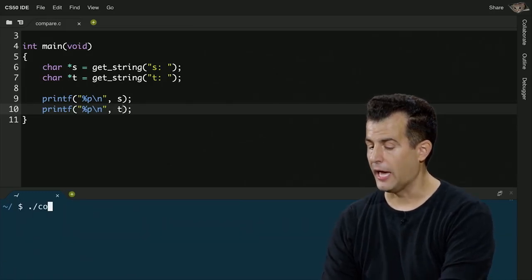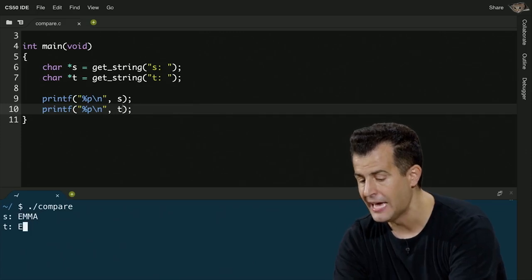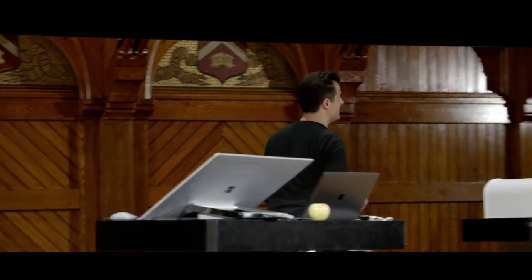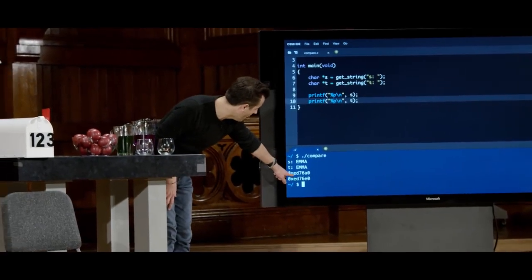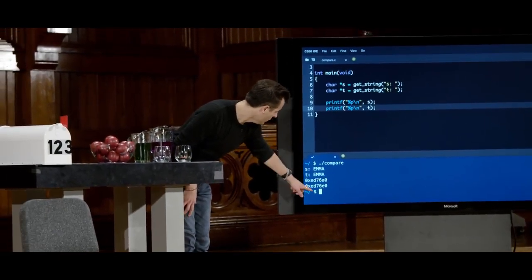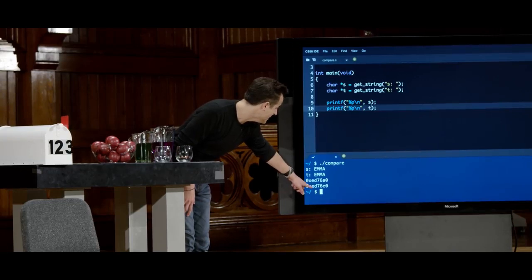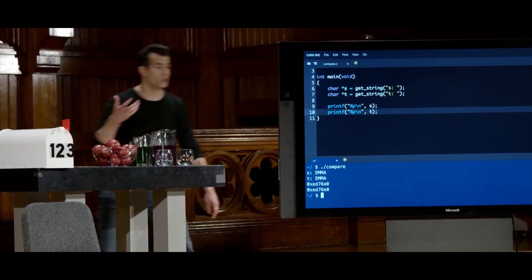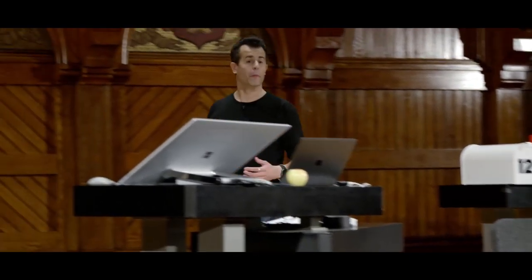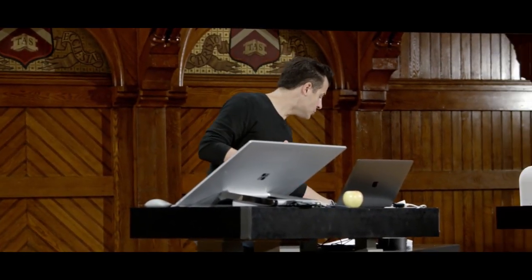Seems to compile OK. And I don't know what the addresses are in advance, but let me go ahead and type in, for instance, Emma and Emma. So even though those strings look the same, notice, it's a little subtle this time, the first Emma is at 0xED76A0. The second Emma is at 0xED76E0, which is a few numbers away from the first Emma. So that just corroborates the instincts last week that we can't just compare them like that.